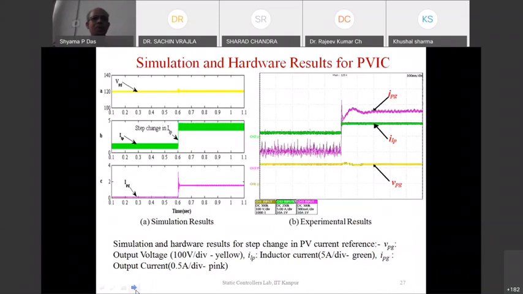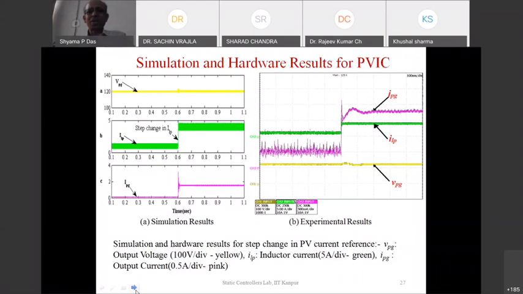However, this yellow line is basically the DC microgrid voltage, which is at 128 volt. There is not much change in that voltage, so the microgrid voltage is pretty stable. With the change in the input current, which means if there is a change in the solar energy, the current has to increase from the photovoltaic converter. This current is injected to the microgrid, so the microgrid absorbs this current, and it can be used to either charge the battery or supply the load.